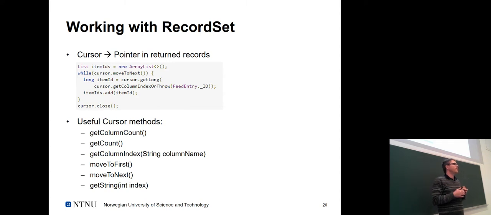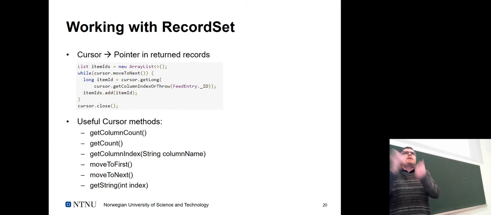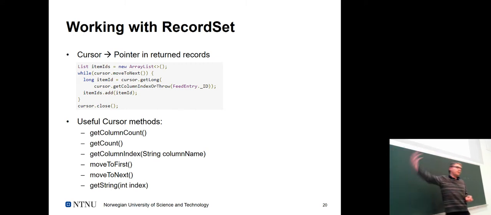Does anyone know what ORM stands for? Yes, right. Object relational mapping. So what's the key idea there? That you map an object to a table, a database, without using SQL. Exactly, right? So you're automating this link of either extracting or serializing an object to a database without actually dealing